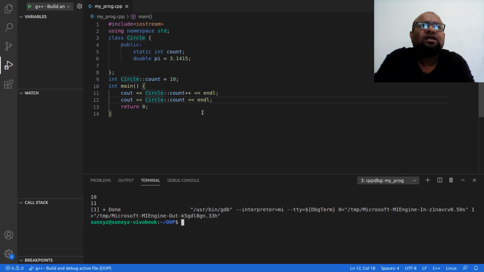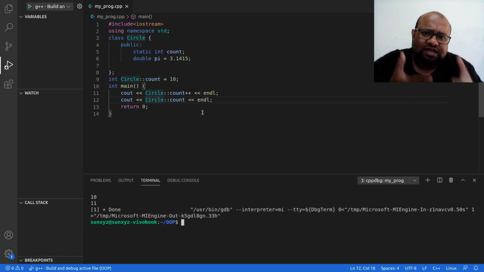Pi will be allocated memory when we allocate memory for the object. So if I allocate memory for the object in heap, this pi will be given memory inside the memory for the object. So I can access this pi only after creating an object.